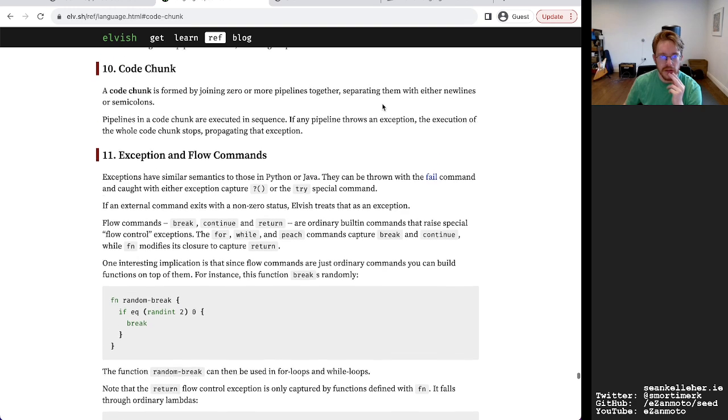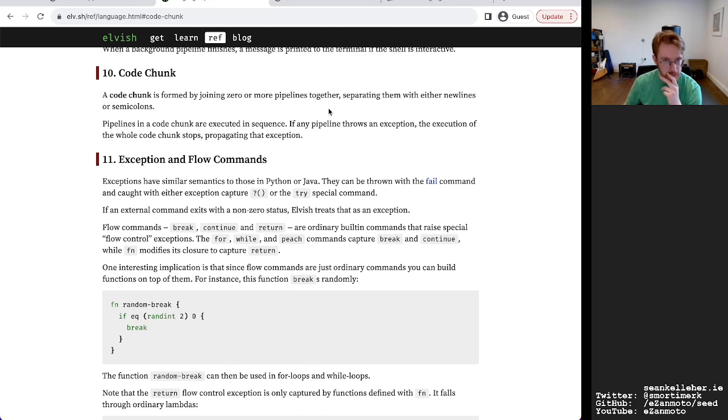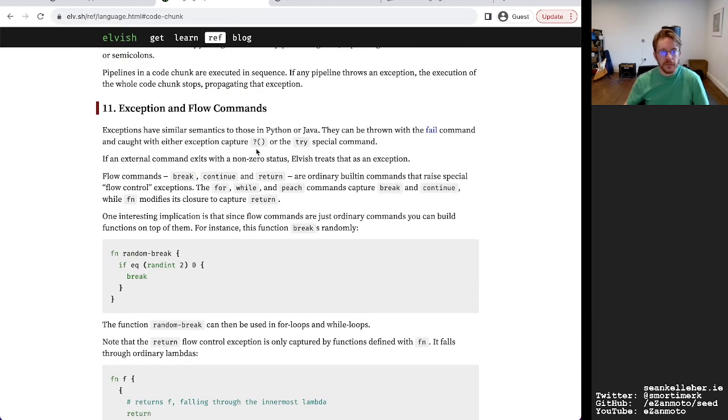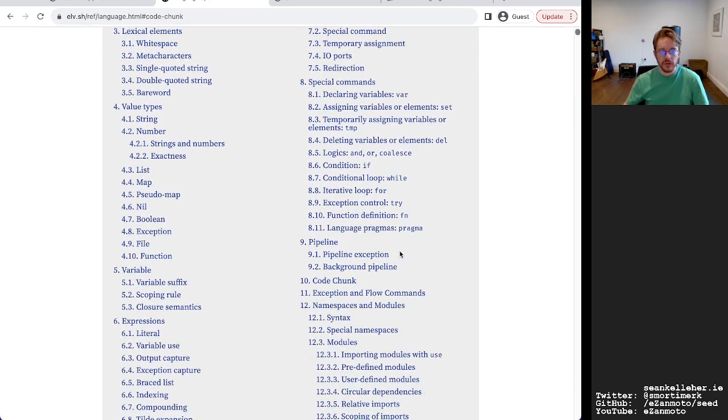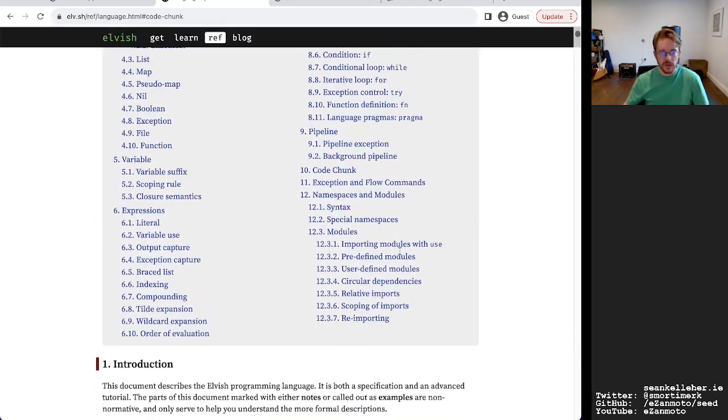Yeah, and that's kind of nice as well. So you can use that to compose pipelines. Now I wonder, is there the same carryover of standard in and standard out as there is with programs? I would guess so. Fail command and caught with the exception capture. Okay, so they're using a similar idea to what I was hoping to do